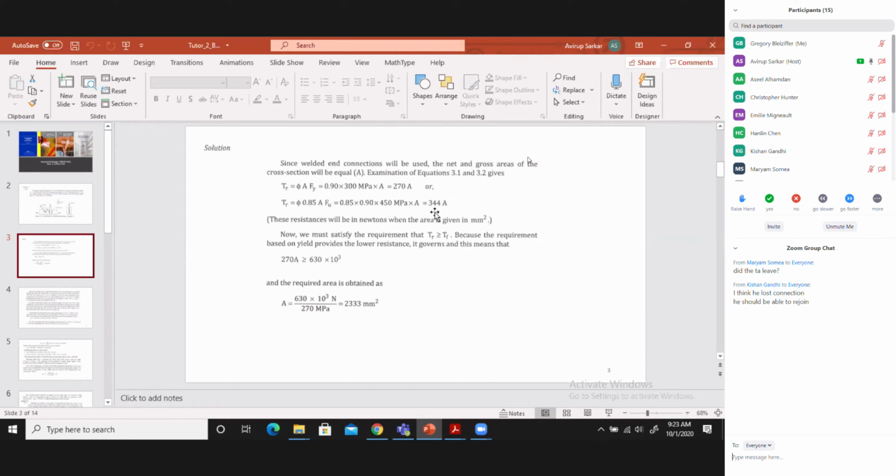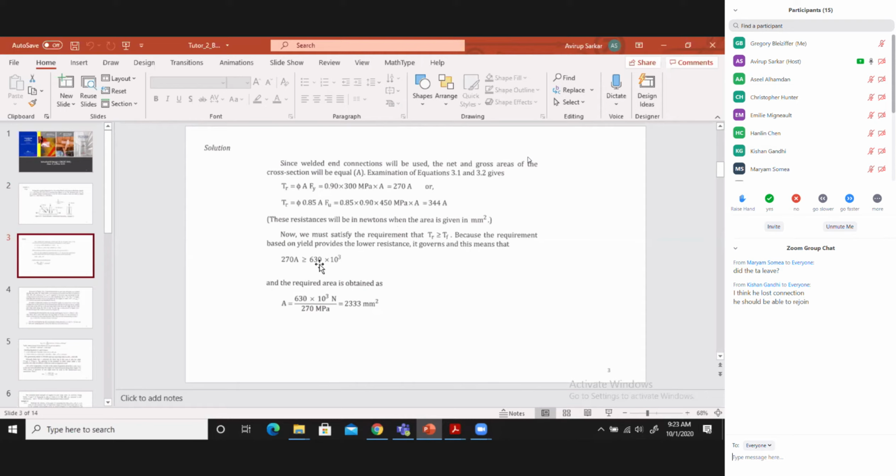Okay. You see, if we had equated this 344A to 630 kilonewton square and got an area somewhere maybe 2400, and then if you back calculate, if you put it in this area value, in this capacity value 270 times 2400, it might give you less value than 630 kilonewton. Okay, so that's why we take the least area, compare it with the